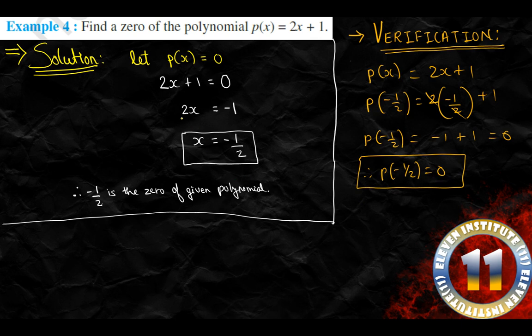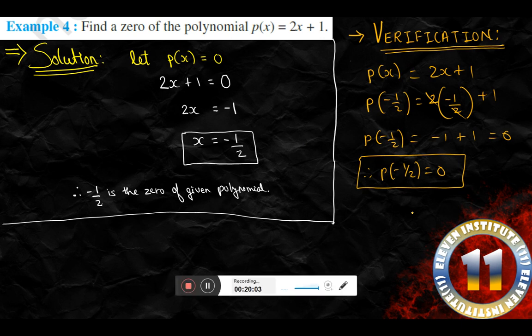Right, it has to come, because we already made the polynomial 0, so definitely it should come, but this is just to explain that this is verified. Please pause the video and write this down in your CW. Alright, I hope you have written this. Let us now see one more question.